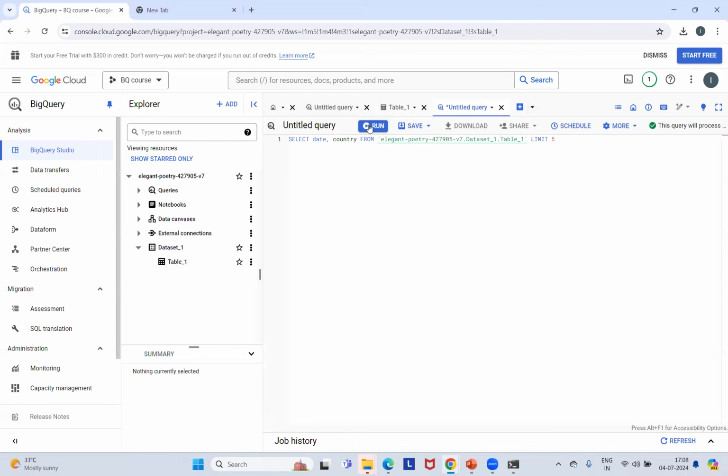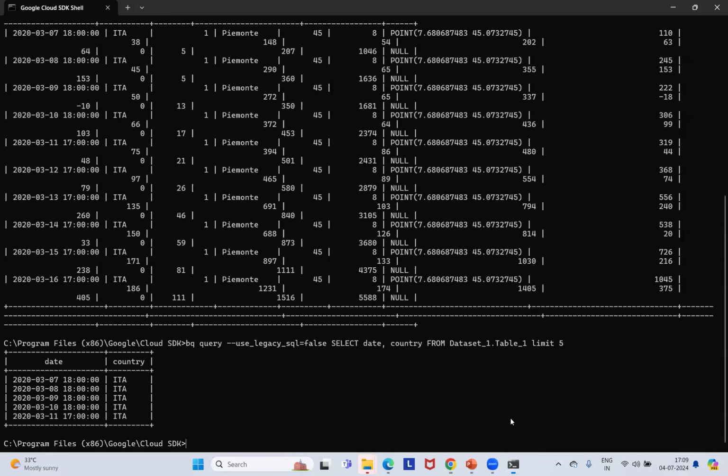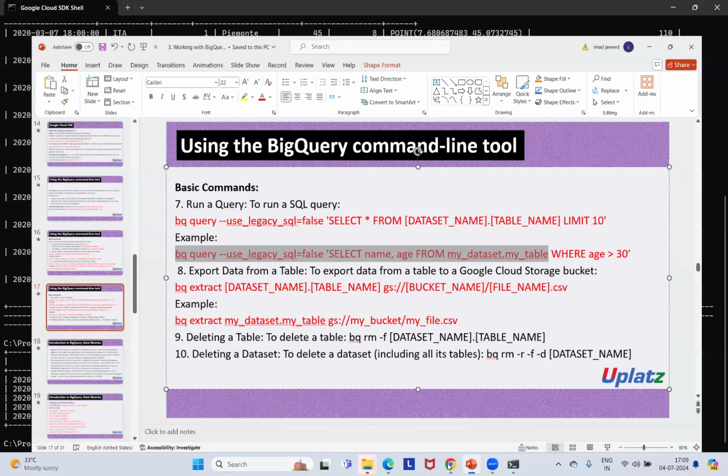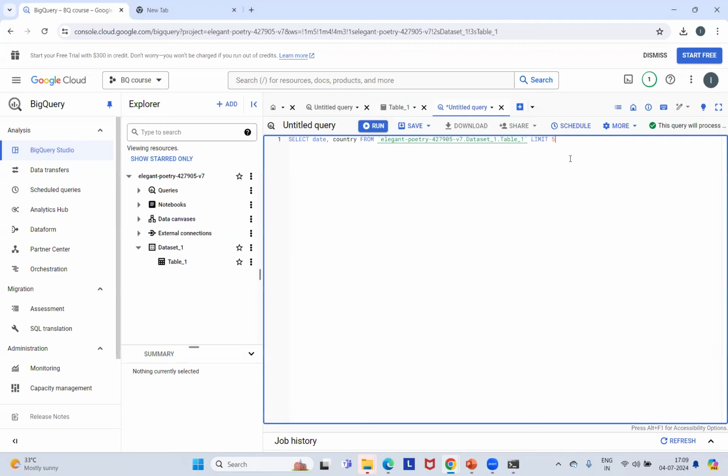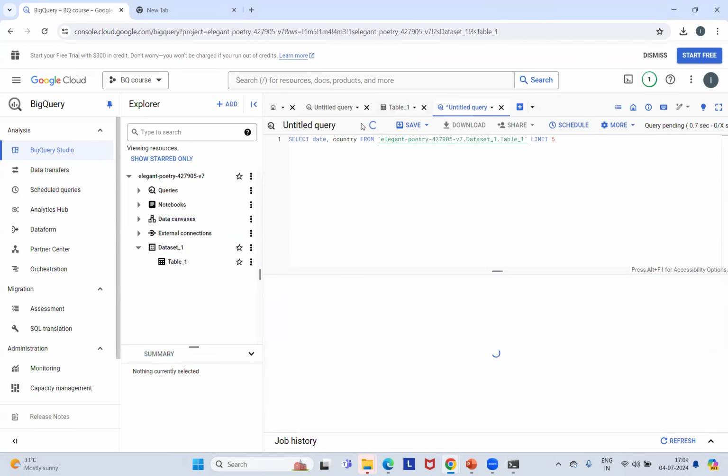And now if I run this code, select the date and country. So if I run this one,